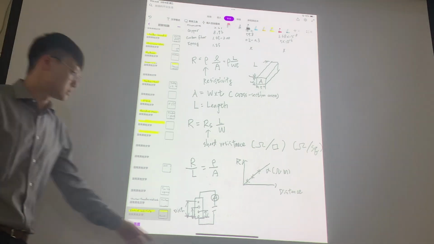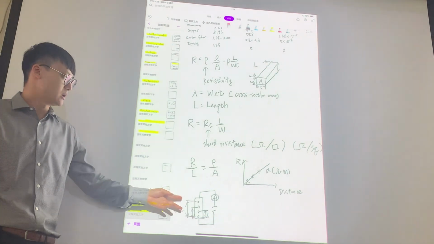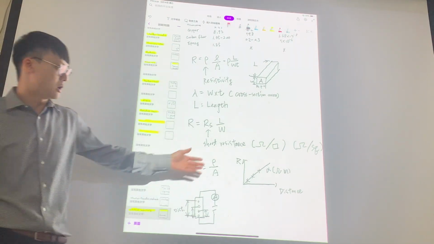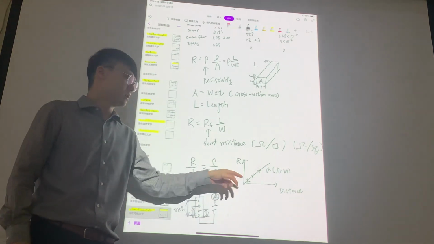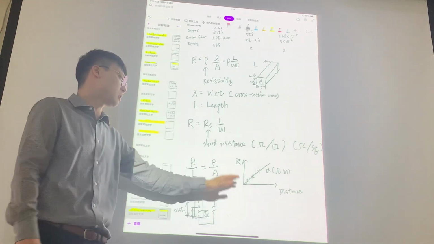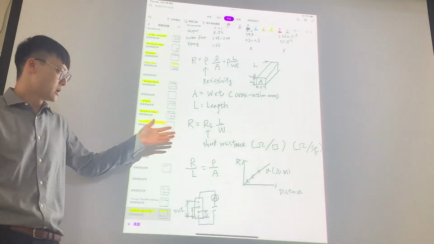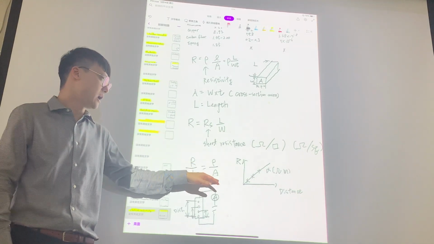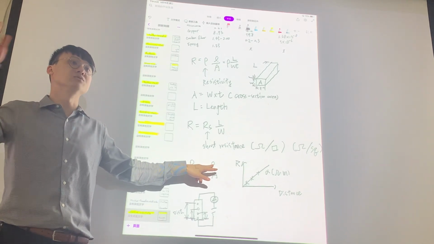somewhat like this thing, right? We can change the probe distance, right? Then we can plot the R as a function of distance, right? If we increase the distance, the R increases, right? So R increases as L increases. We already know the A, so we can then calculate the resistivity, which is an intrinsic